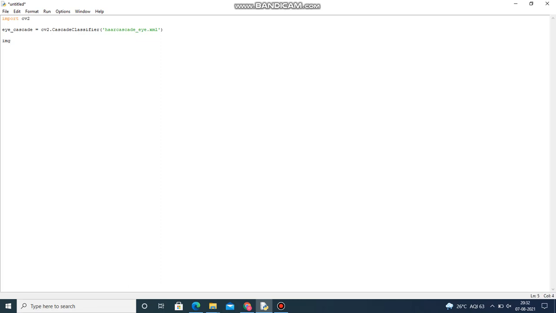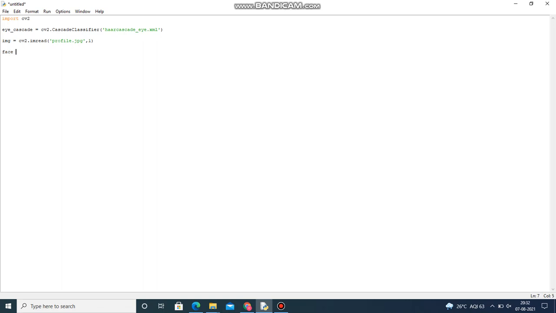Now let's give img equals cv2.imread, and I am going to use the picture called profile.jpg, in the colored format. I hope you remember all this.